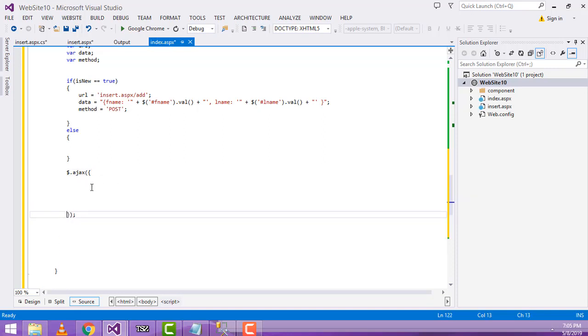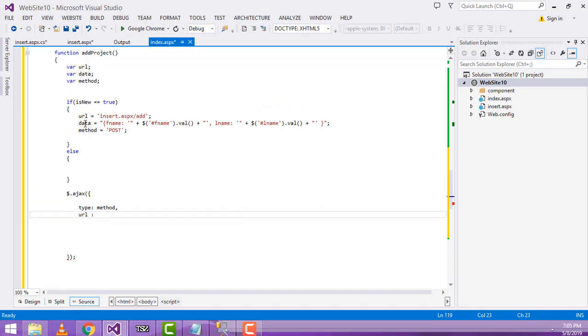This is how we have to write Ajax. First one should be type, this method is post, the value. Second one should be URL. This is the Ajax method. We have to post the value to this URL,